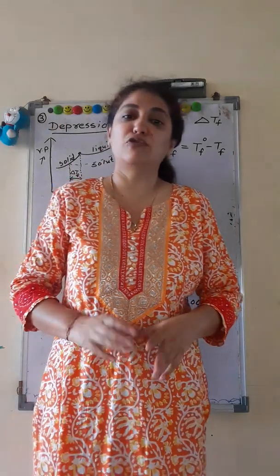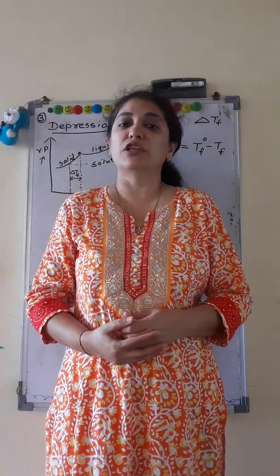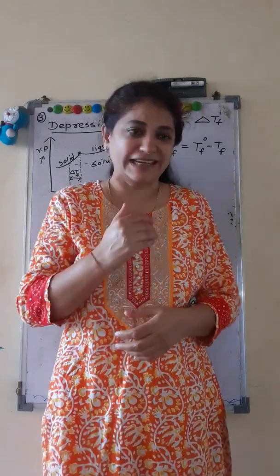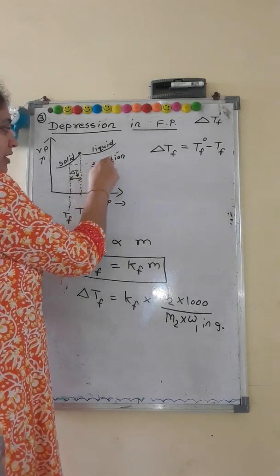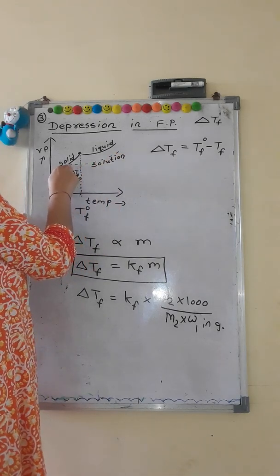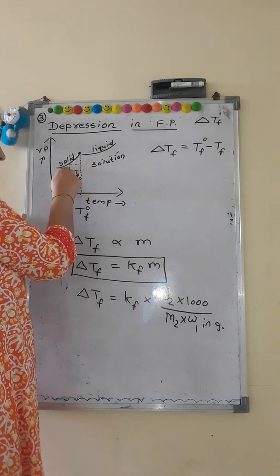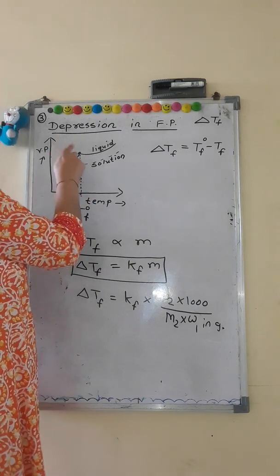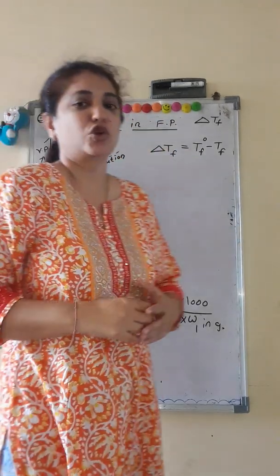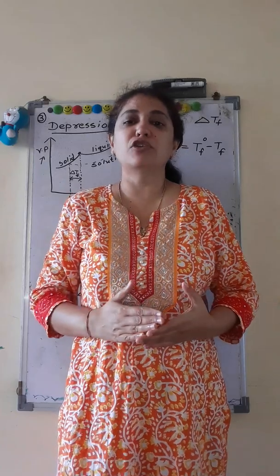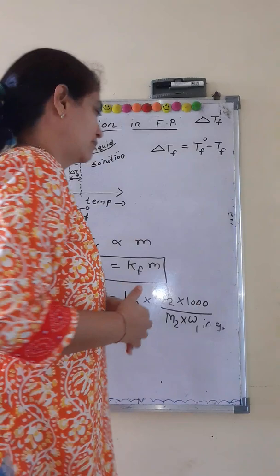Suppose a solute is added to that solvent, then it turns to solution. When it becomes a solution, its vapor pressure decreases. So these are the decreased vapor pressures of the solution. Now at a lower temperature it will convert into solid, meaning its freezing point is decreased, and that decrease in freezing point is called depression in freezing point. So on addition of solute, the freezing point of a liquid decreases. That is called depression in freezing point.